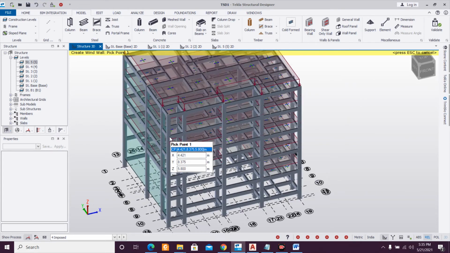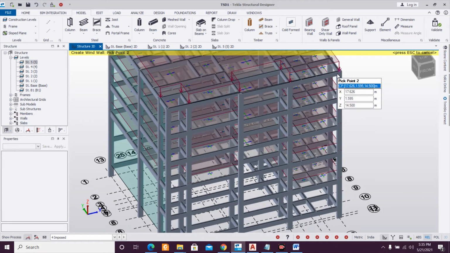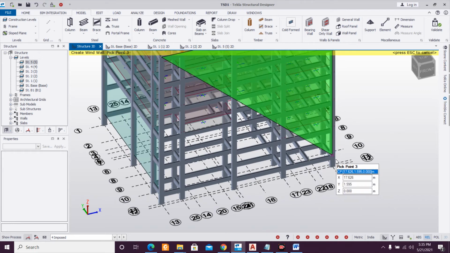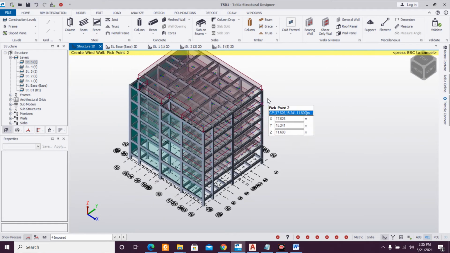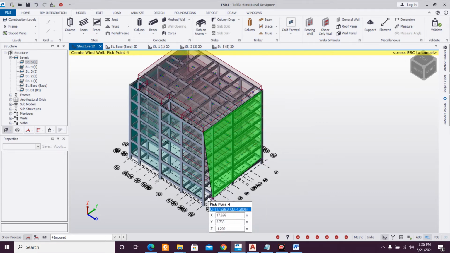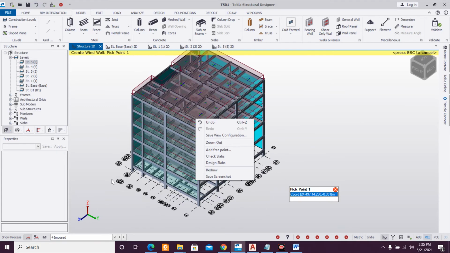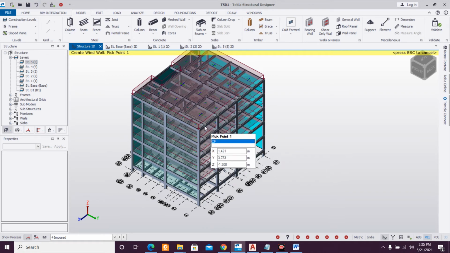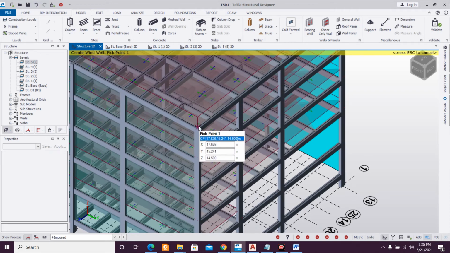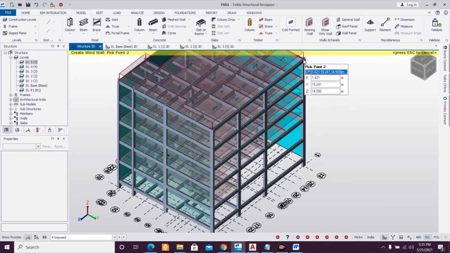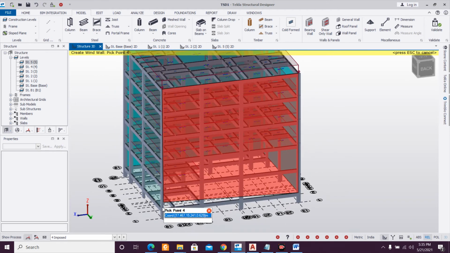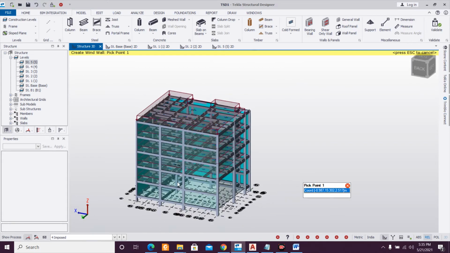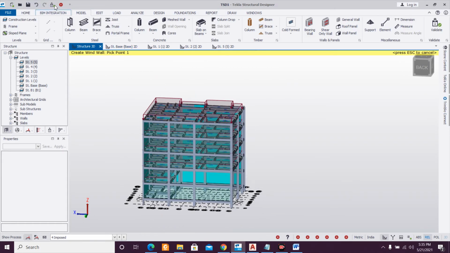If this doesn't work, then we will not apply it now. Let's see if it works or not. Last one side remaining. After this we'll validate the model.